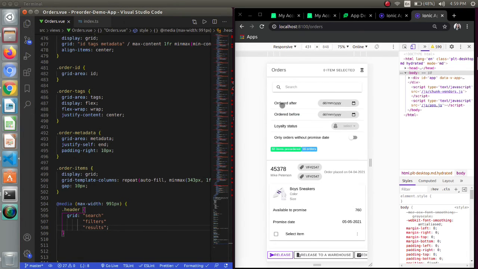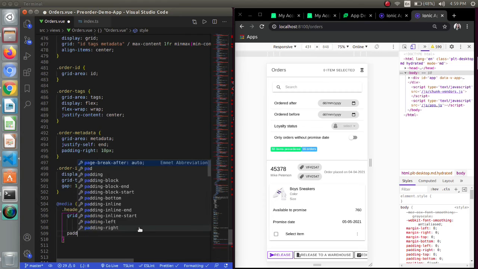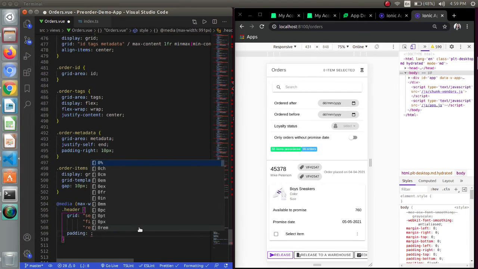I want the columns to have a width of auto, so I will be using auto for the columns. In this way I have defined the grid template columns. Now I want the padding to be 0 because we are getting so much padding over here.